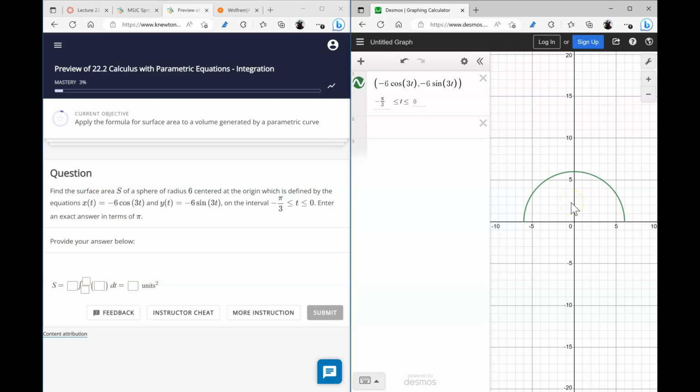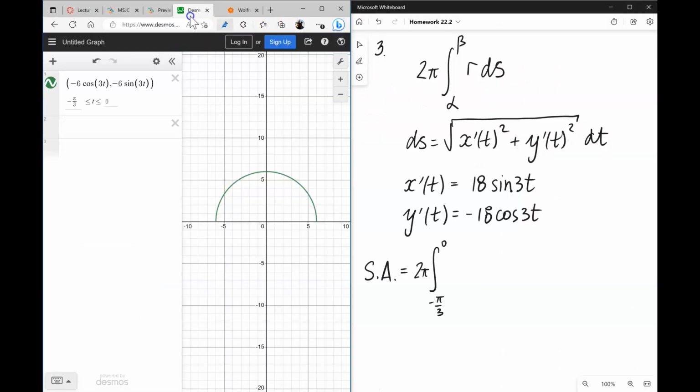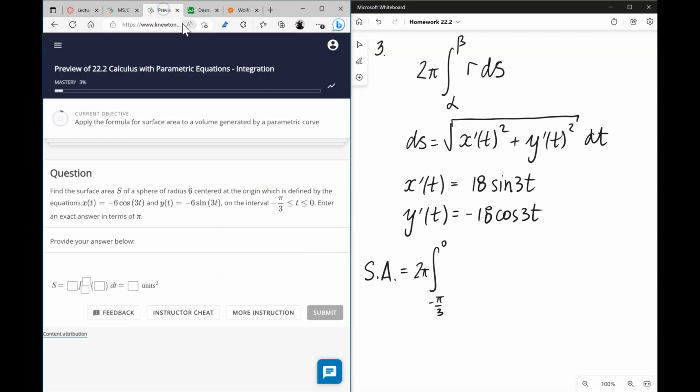Otherwise, you're not going to get a sphere, you'll get a semisphere. So it's rotated around the x-axis. That means the radius is equal to the y, and y is negative 6